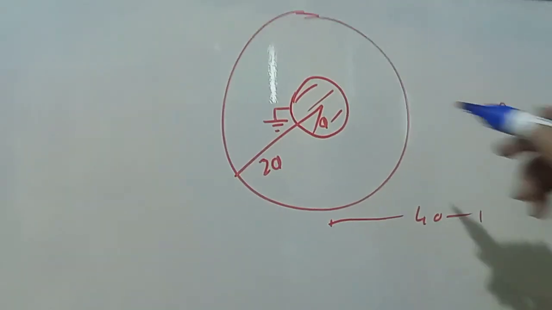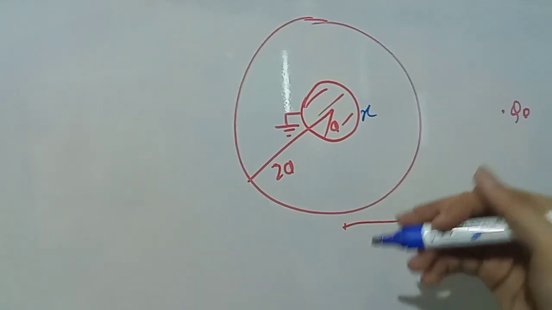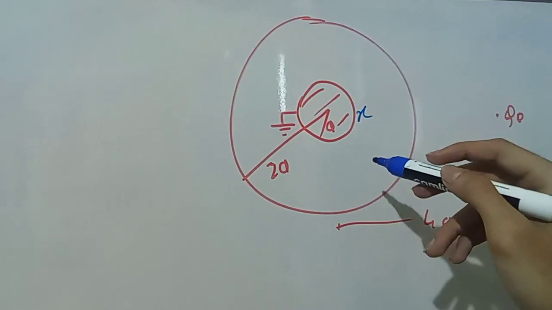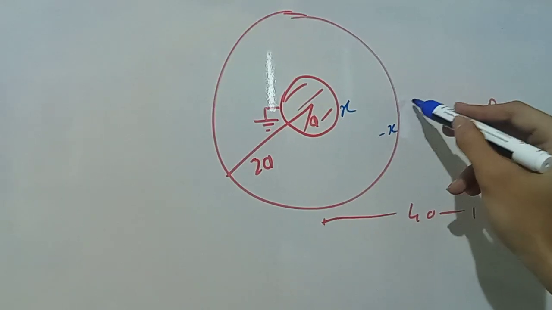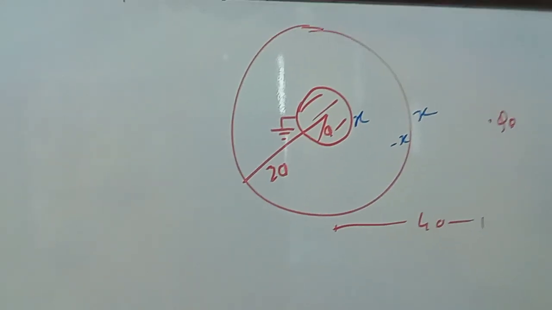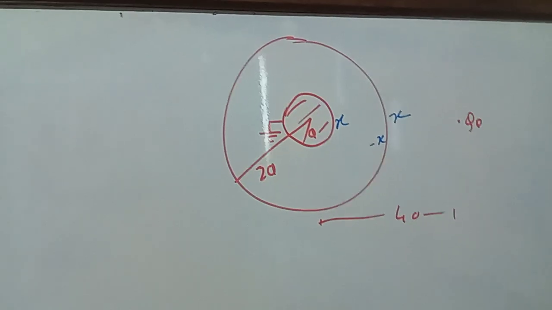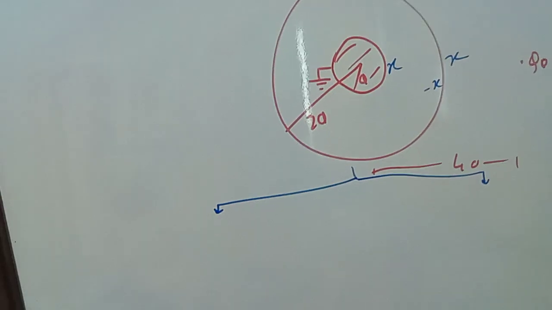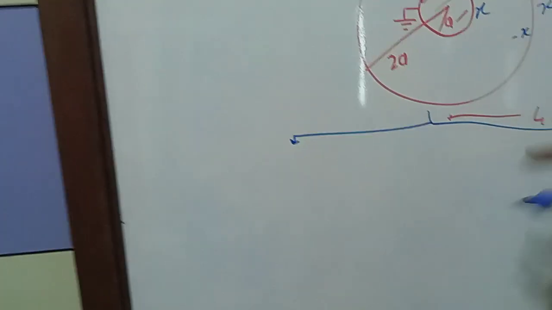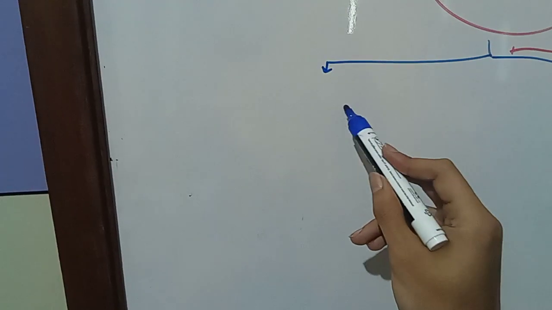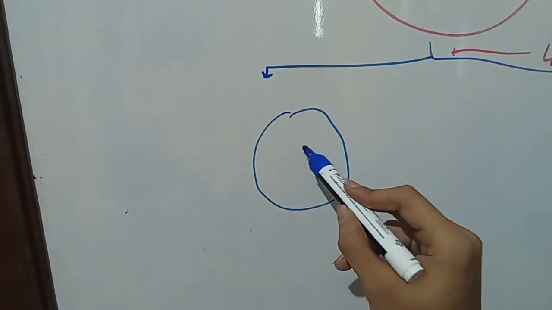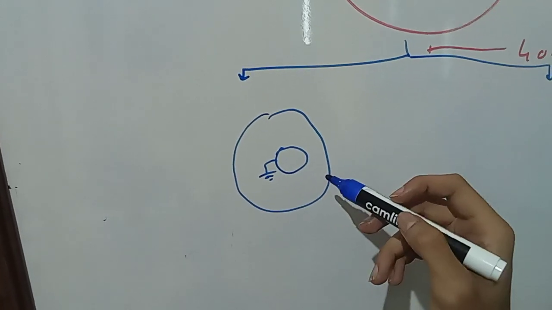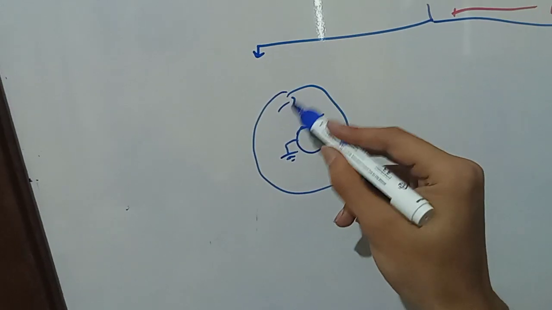Firstly, assume charge x here, which came from earth to make the potential 0 inside there because it's metal, and minus x here, x here. Now we are going to divide this into two systems. System 1 is the inside part, which is just the sphere with the sphere inside, grounded, having x and minus x here,